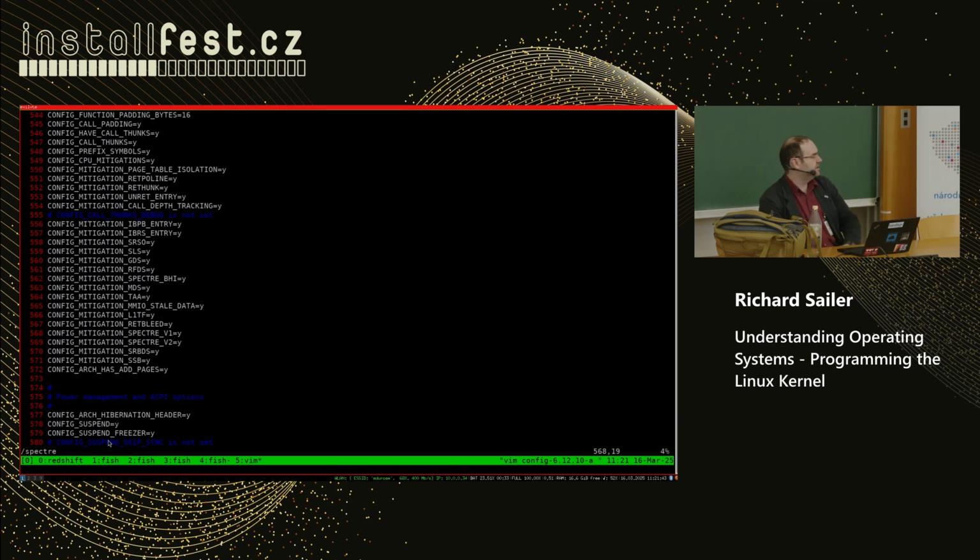So this PTI, page table isolation, is a thing from some time ago that did solve the security problem, but it also brought a bit worse performance. And the thing is, you only need this mitigation on older notebooks. I think if you have Intel generation 11 and 12, they have fixed it in hardware. So you do not need that anymore.